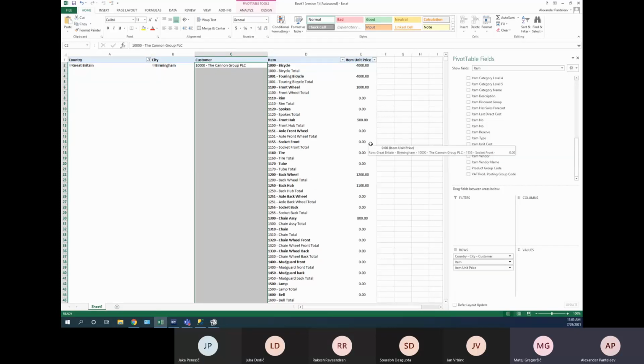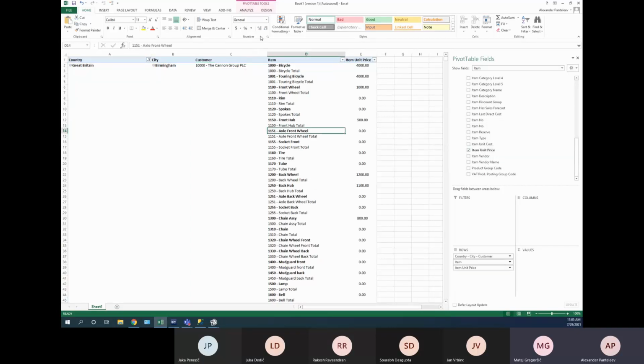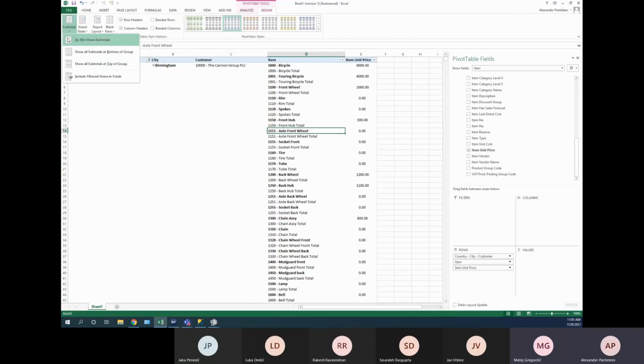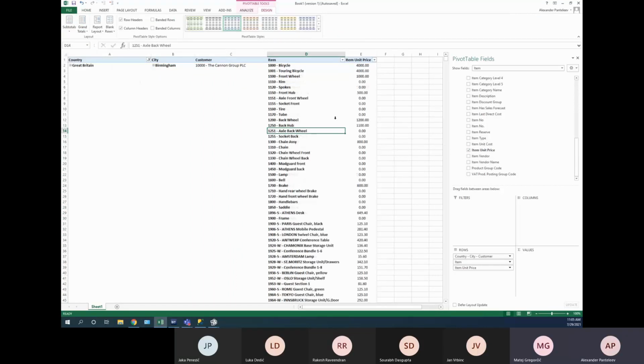Okay, and yeah, that's it. So you already have that information. Now, yeah, do not show subtotals. Perfect. So you already know this stuff. Perfect. Good. So now you can see the unit price for this exact